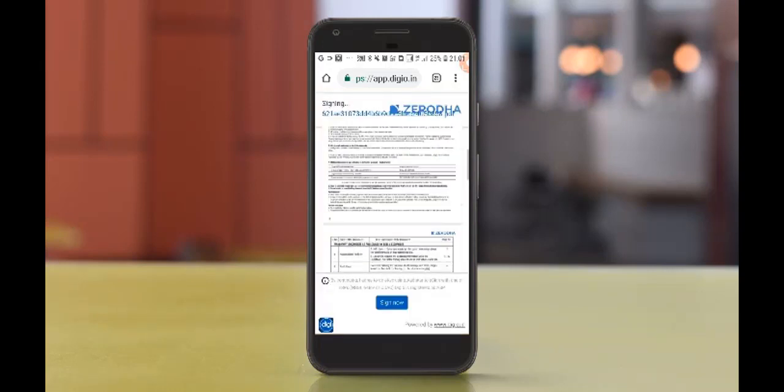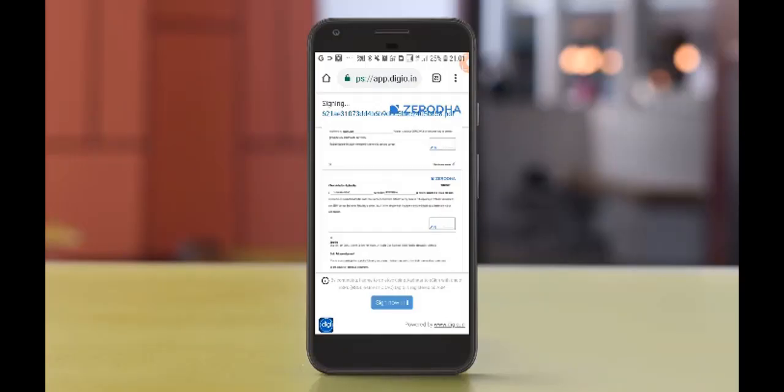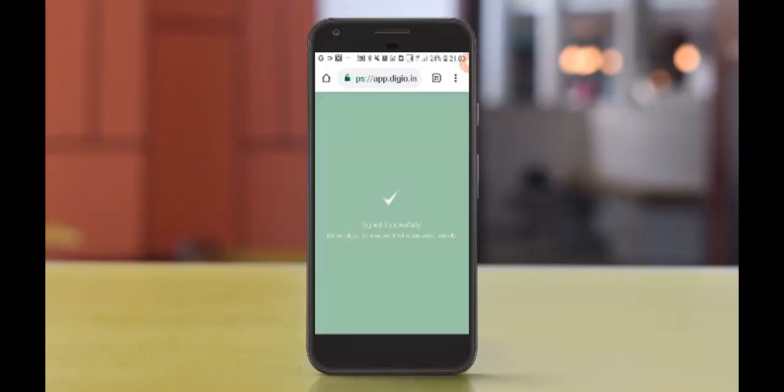For the final step, you can check your application here. By signing in, you are also agreeing to the terms and conditions. So sign in now. This is the final process. We need to wait for the email confirming whether your account was opened successfully or not. I'm going to continue this video after we receive the email.